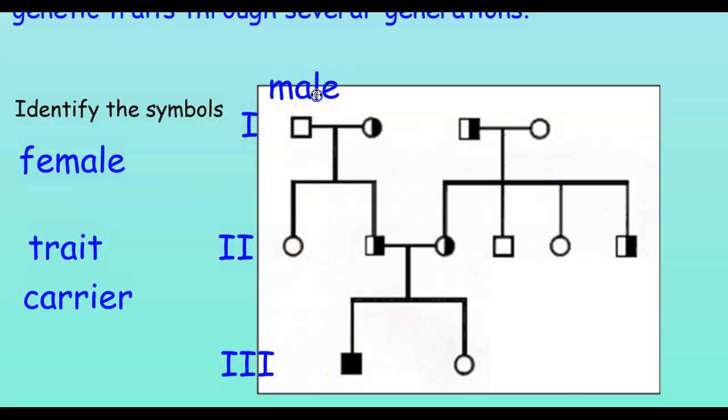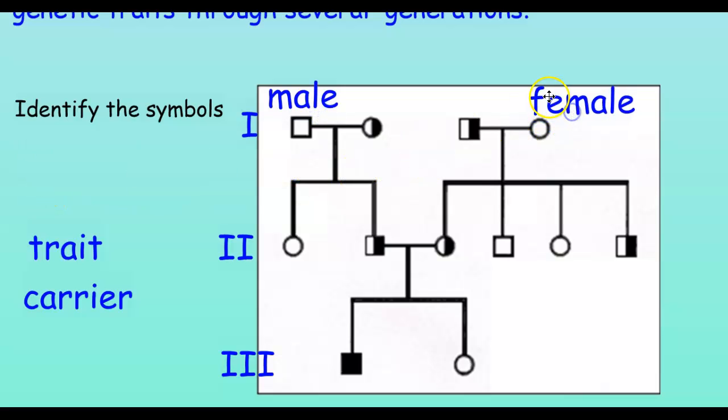All of the squares are male. All of the circles are female. When there's a line between a male and a female linking them, then that means they're married and had offspring, which we can show here. They had one girl and one boy. This family here had two girls and two boys. Okay? These two got married and had a boy and a girl. Now,